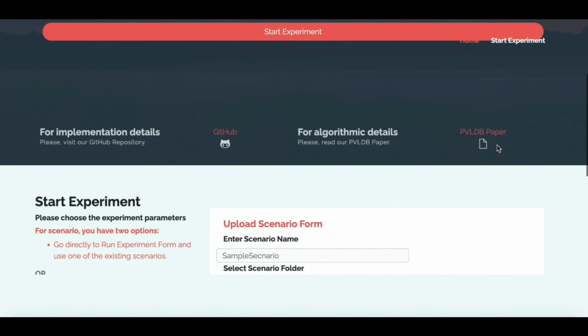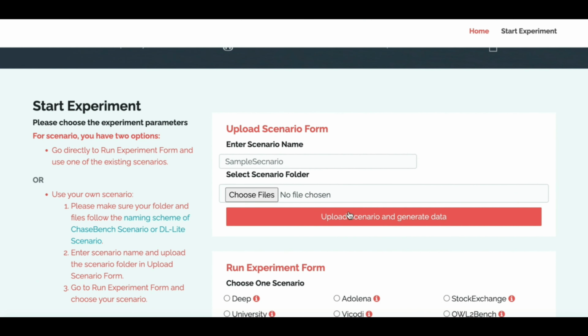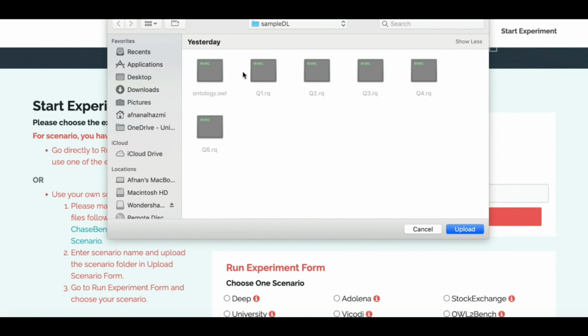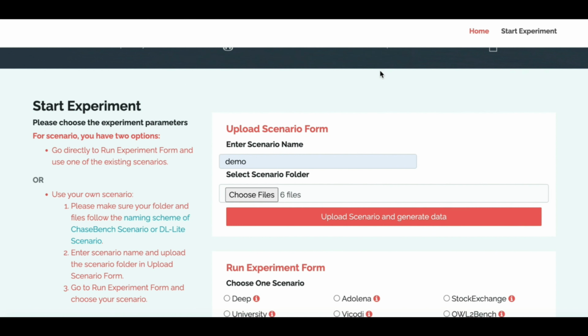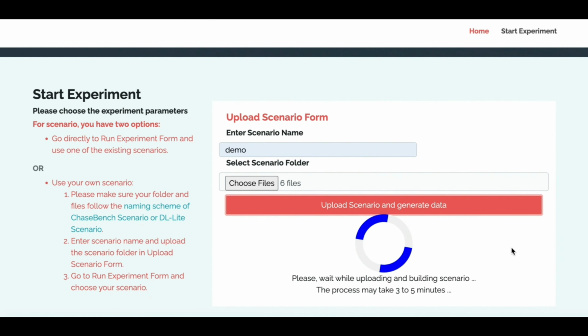Let's upload a scenario. The user must provide the scenario name, and upload the files. For example, here we are uploading an ontology and 5 SPARQL queries. The framework will recognize that it is a DL-Lite scenario, and it will use a set of converters and translators to